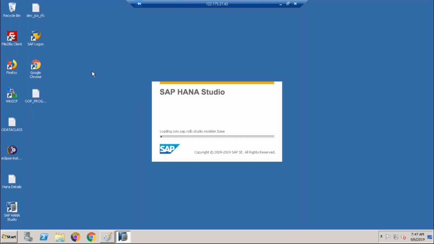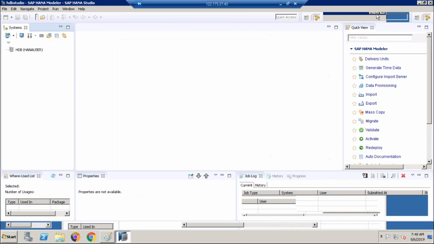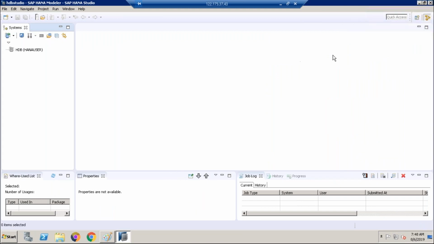And we need to work with HANA Studio, guys. Whatever AMDP class we need to create, we create in HANA Studio, and it is consumed in the ABAP layer. So just double click on your SAP HANA Studio icon, the Eclipse tool. In the demo classes, in the second demo class, I discussed what HANA Studio is. It is an Eclipse based tool, designed based on C++, and runs on the SUSE Linux platform.